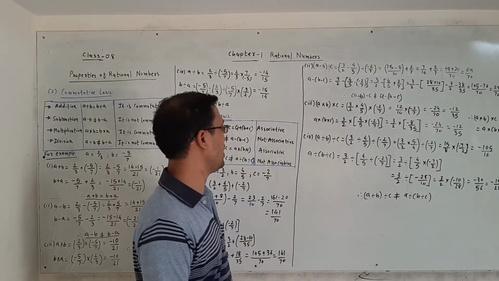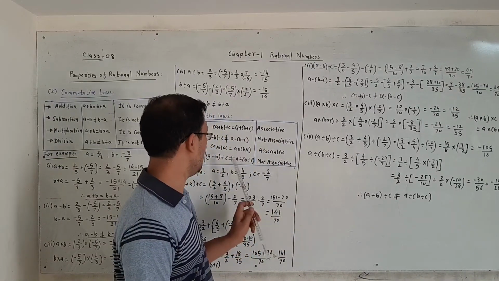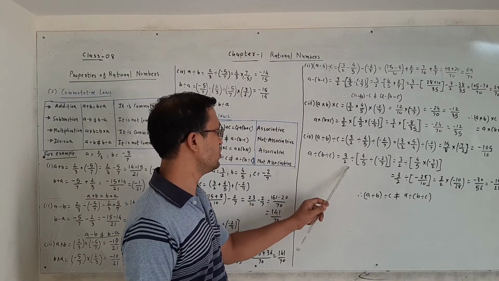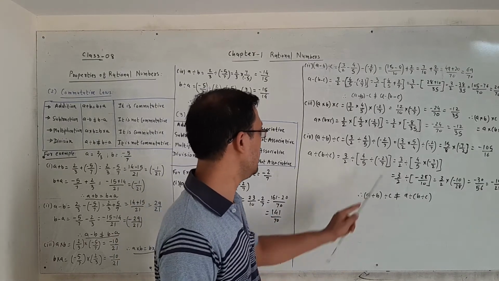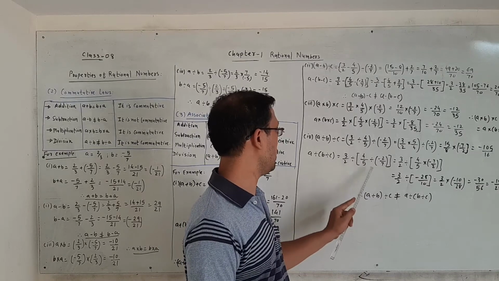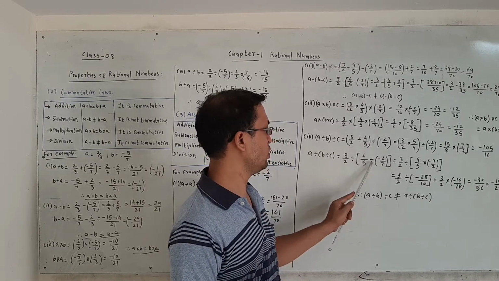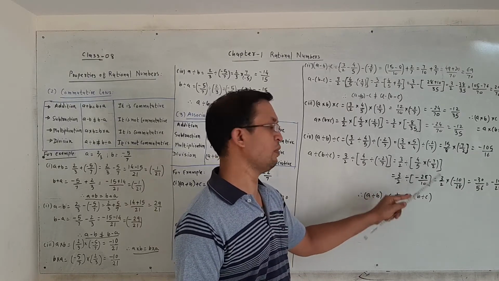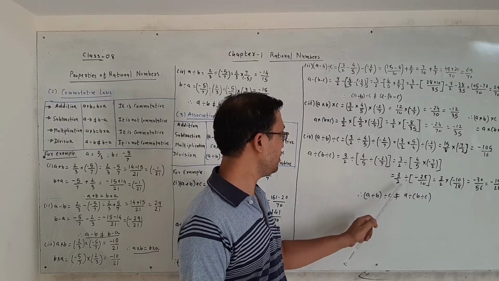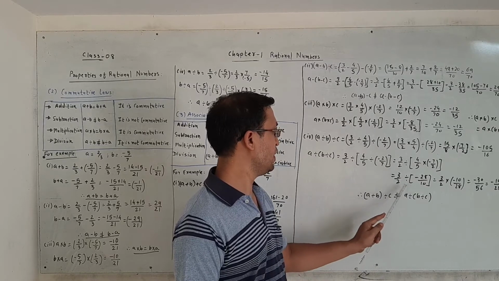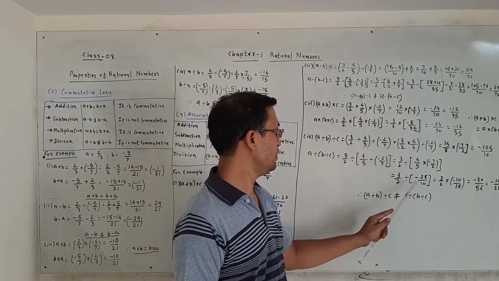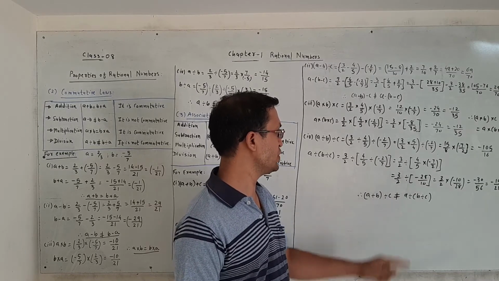Then right hand side solution a divide b divide c. a divide as it is 3 by 2 divide 4 by 5 divide minus 2 by 7. 3 by 2 divide 4 by 5. Reciprocal of minus 2 by 7 that is multiply minus 7 by 2. 3 by 2 divide minus 28 divided by 10. That is 3 by 2 divide minus 28 by 10. That is equal to reciprocal of minus 28 by 10.